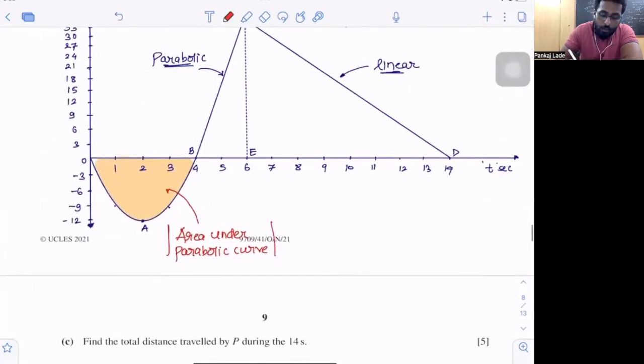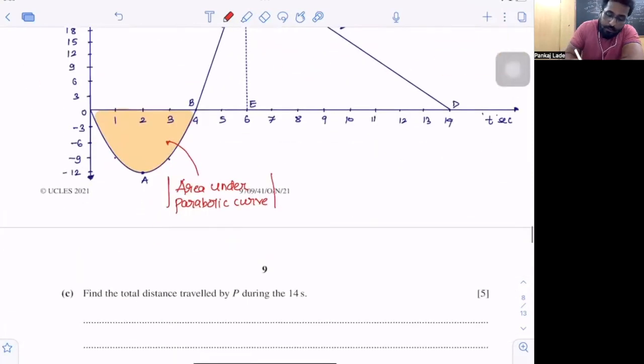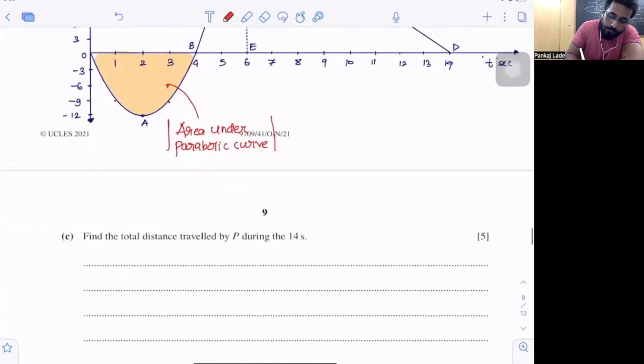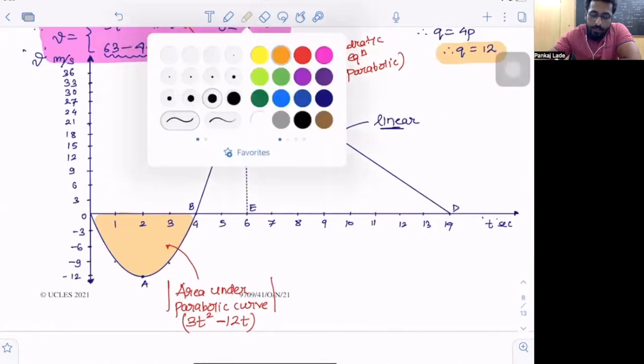Now, what is the equation of this curve? So the equation of the curve is 3t square minus 12t. That's the equation of the curve. So area under the curve is integration. I'm going to integrate. That's all I need to do. Then the second part is